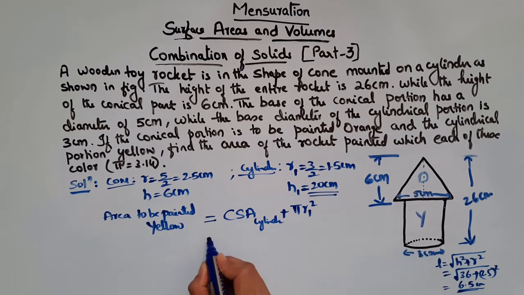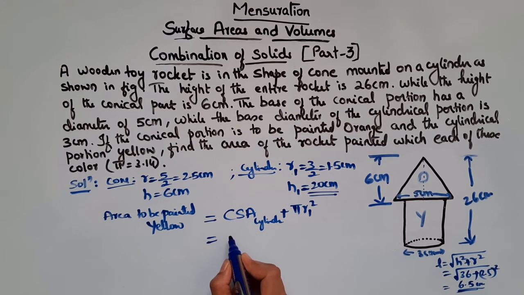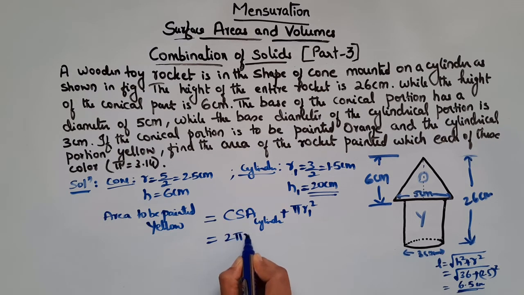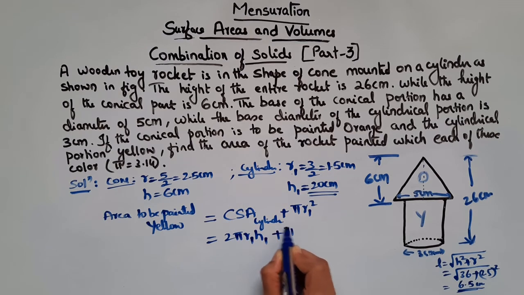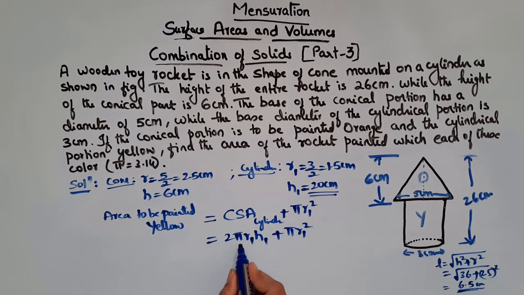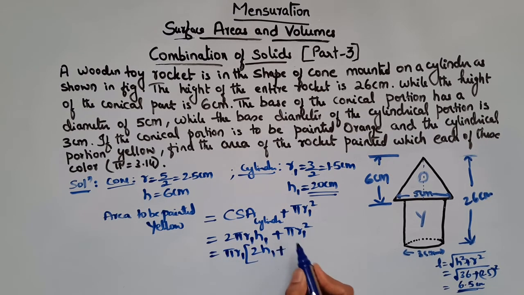So R1, which is equal to, now what is the curved surface area of the cylinder? We know the curved surface area of the cylinder is given by 2 pi RH. So 2 pi, R here is R1 and H is H1, plus pi R1 square. So here pi and R1 are common. So pi R1, we are left with 2H1 plus R1, which is equal to